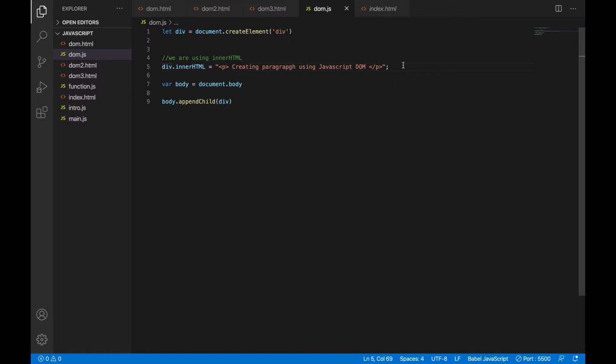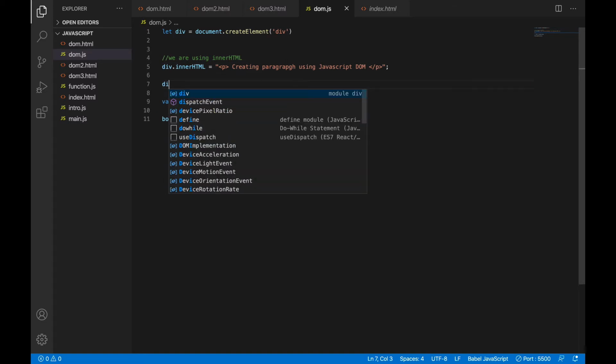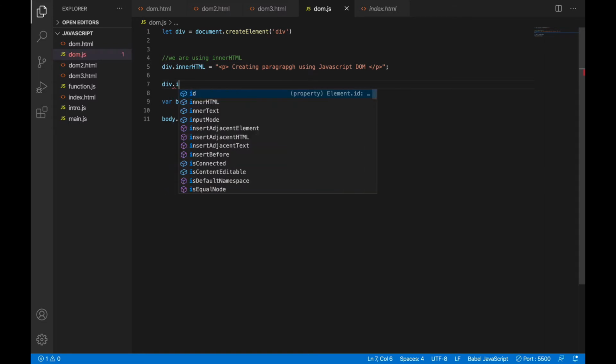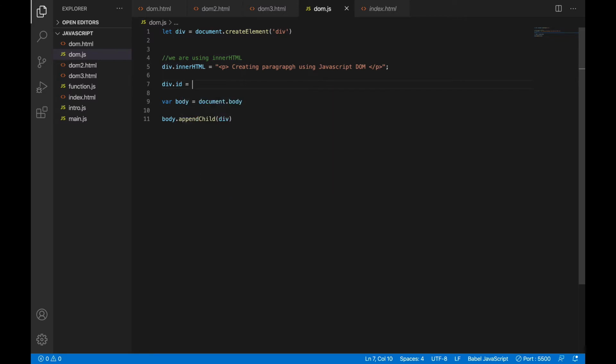So, there are a lot of things we can do. We can as well give the div other attributes. We can give the div a class. For instance, we can give the div an ID. So how do we do it? We say div.id straight up equals to, we give it a name. So we can say maybe content. Then we can also give the div